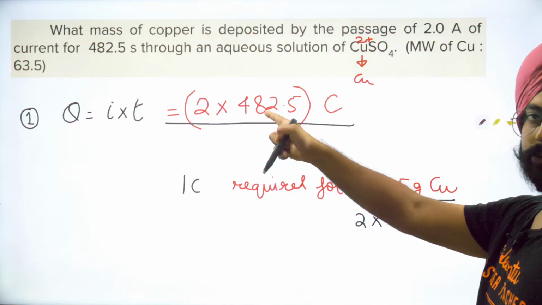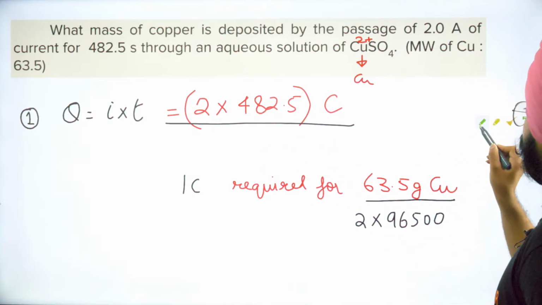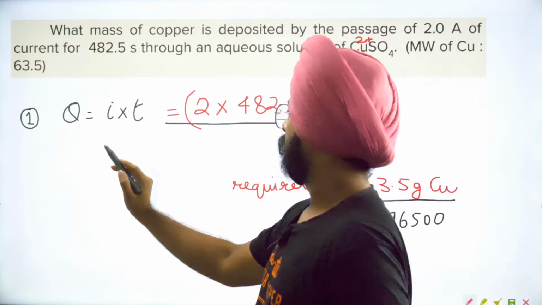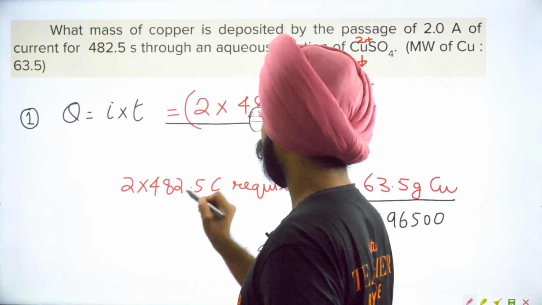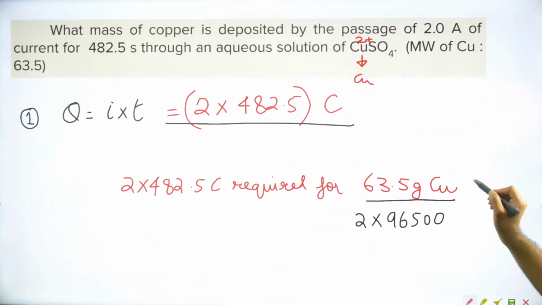So how much will be the case for this much charge? Just multiply it on both sides. 2 into 482.5 coulombs is required for